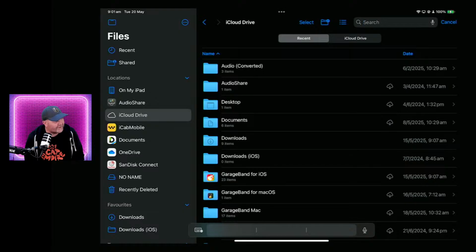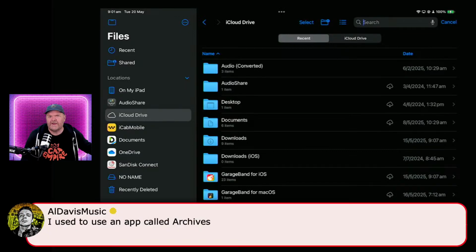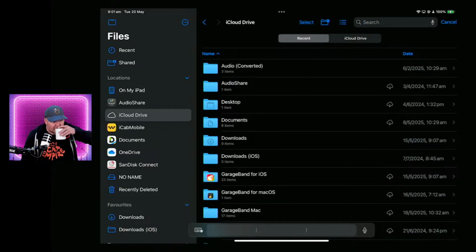Download.rar version. Let's see. So that's just WinRAR. Yeah, it's going to be hard to find a file that's a RAR file. Anyone got a RAR file? How do I install a RAR file? Anyway, good tip. I'll trust you on that one. I used to use an app called Archives. Yeah, there was one called like File Opener or something, a free iOS thing that would work too.